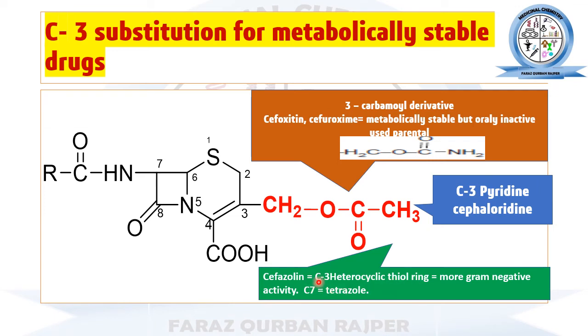thiol ring. When the thiol ring is present in the C3 position, then that derivative is the cefazolin, and the cefazolin has the more gram-negative activity. Besides the substitution at the C3 position thiol ring, the cefazolin also has the substitution at the C7 position. At the C7 site, it has the tetrazole ring. Clear? So these are the different substitutions that can be made for the conversion of the cephalosporin into the metabolically